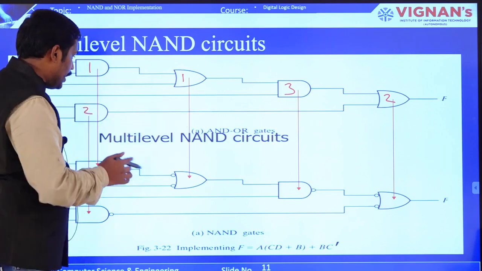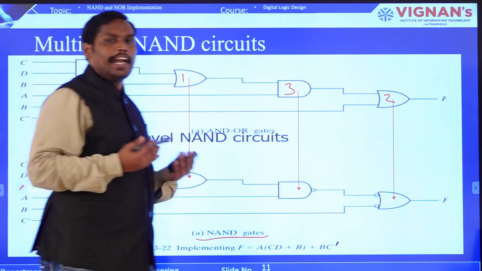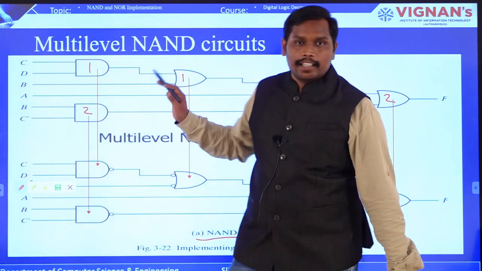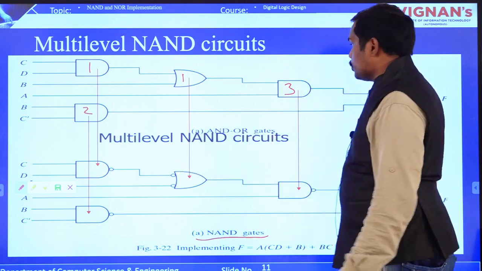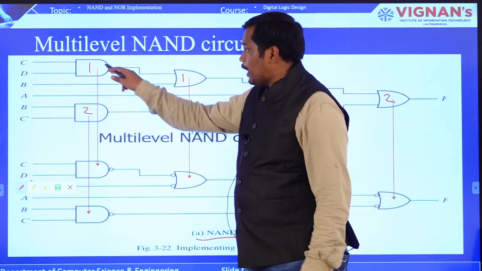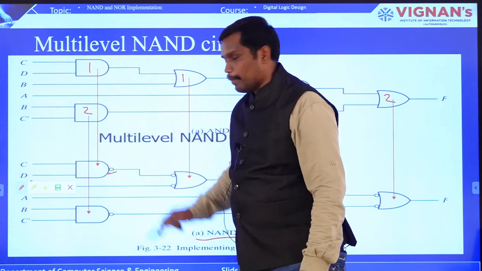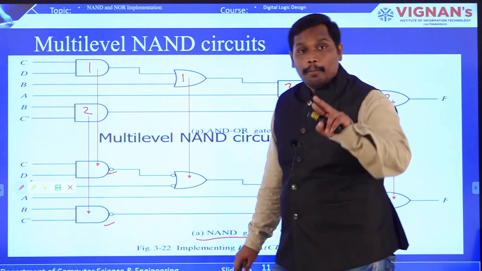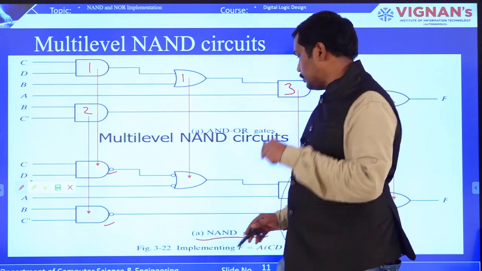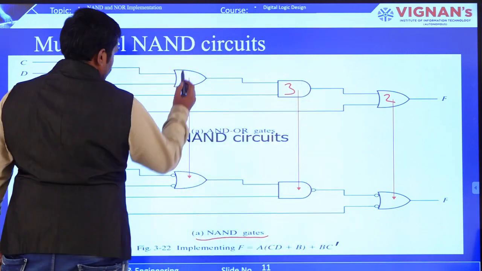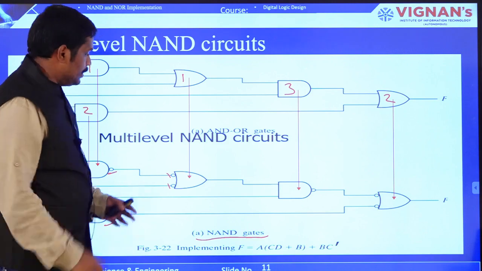Now you have to convert the entire expression into NAND gates. Every gate has to be converted to NAND gate, because, being a universal gate, you can express all gates in the form of NAND. As I told you, AND gate representation is AND invert, so AND followed by a bubble. But if it is an OR symbol, it is invert OR, which means the input is bubbled, which means NOT. Here you can see this particular OR having bubble, bubble. Is it clear? This is how you are going to express the diagram.